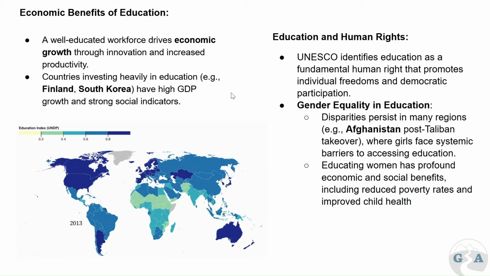This is a direct correlation to the economic growth and benefits of education, and from there it brings opportunity for more foreign direct investment, more equality among genders, and more workplace opportunities. We see UNESCO looking at education fundamentals and gender equality being attached to this. And we can see regions where big disparities can open up. For example, in Afghanistan, the post-Taliban takeover has seen women and girls facing barriers to education. So these are regions that may have made some advances, but are then retreating back into cultural norms.